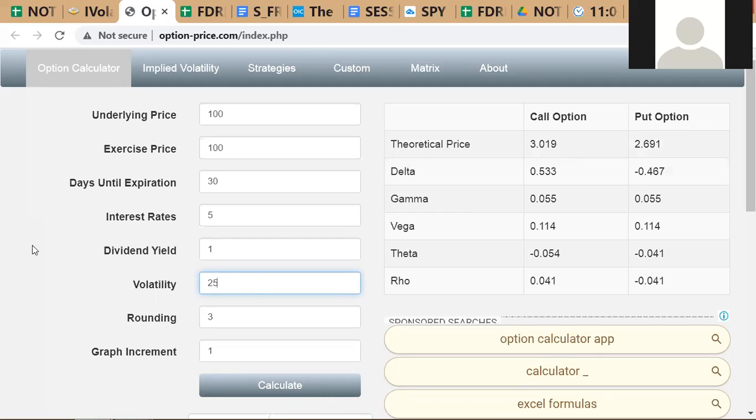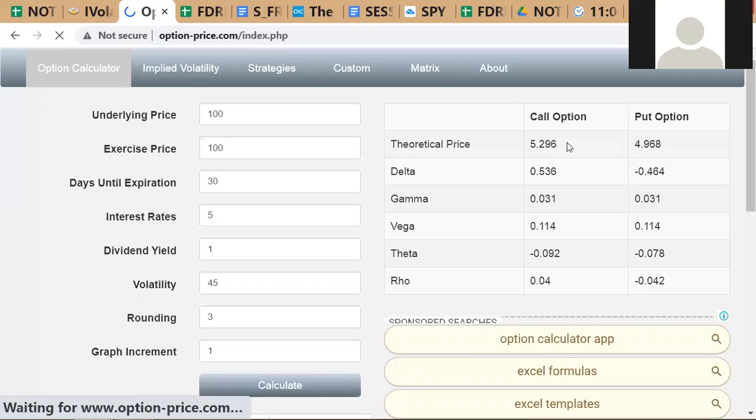Because if they were using a vol estimate of, let's say, 45, then the price changes, 3.01, 3.02, price changes to 5.29. So again, you can look at this. If the actual option market price is 5.3, okay, then what you will say with these other parameters, because these are all known with certainty, because the user specifies them. So if you see that the market price for the option is actually 5.296 call option, then you can say